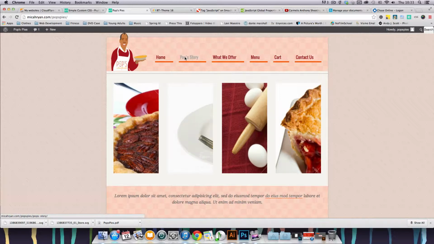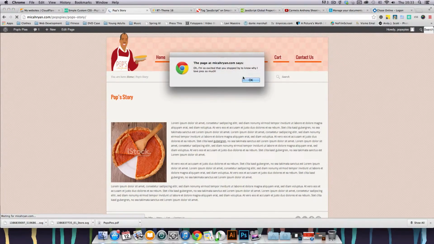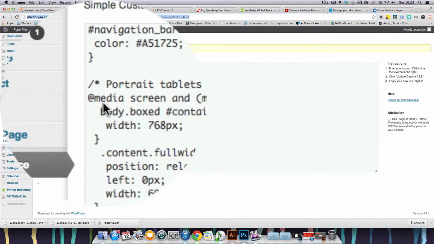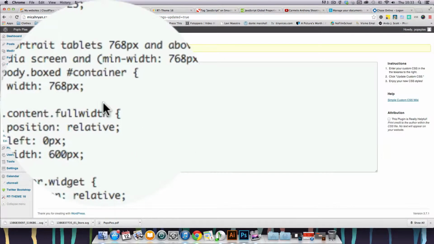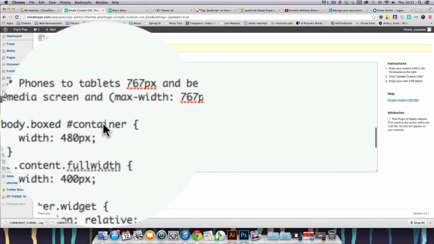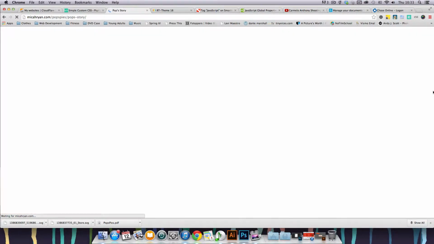So let's go to this page here, and on this page let's comment out some of these changes so that I can show you some of the difficulties that not having a responsive WordPress site will give you. So I commented those changes out,